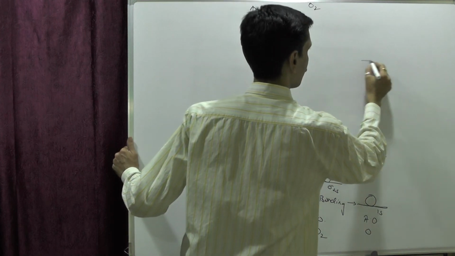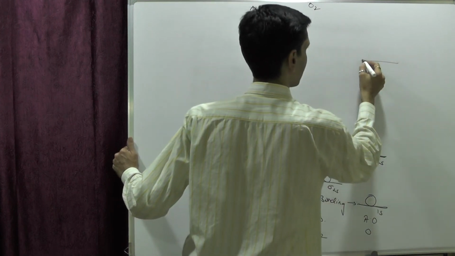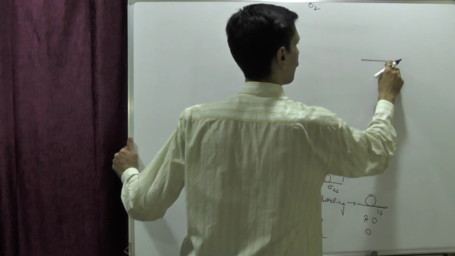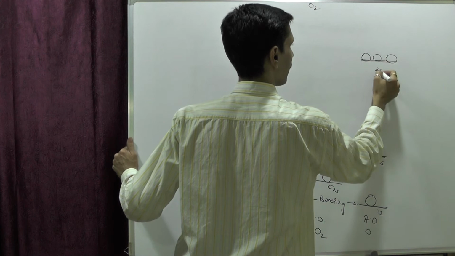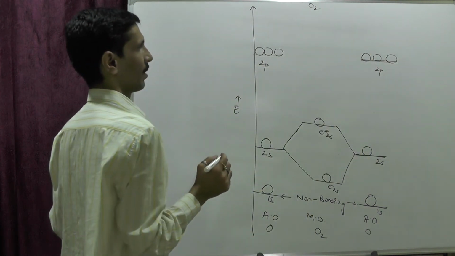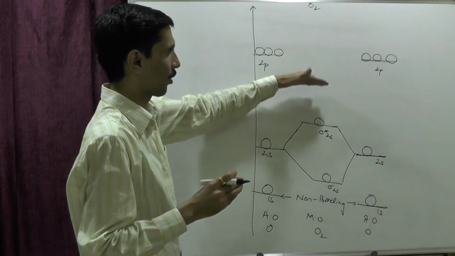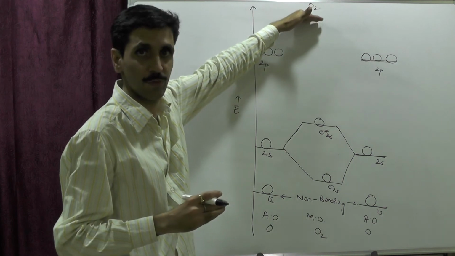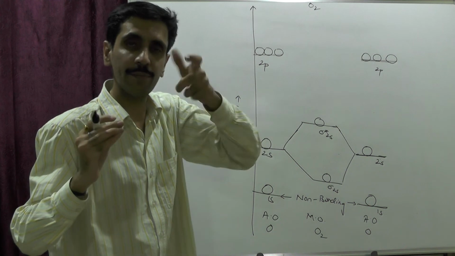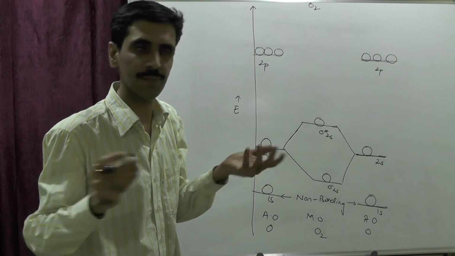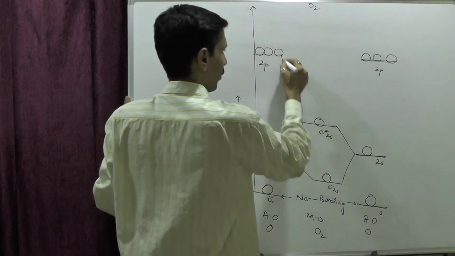Similarly here also, on the same straight line, we are going to show the 2p orbitals of another oxygen. Now we have two levels for bonding, two levels for anti-bonding. Why? Yes, you know that. क्योंकि एक सिग्मा बनाएगा और एक पाई बनाएगा, और सिग्मा और पाई दोनों का एनर्जी लेवल तो अलग अलग होगा. So two levels you are going to show